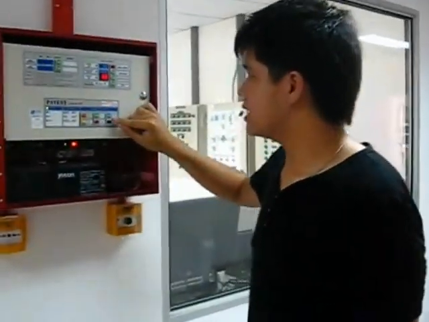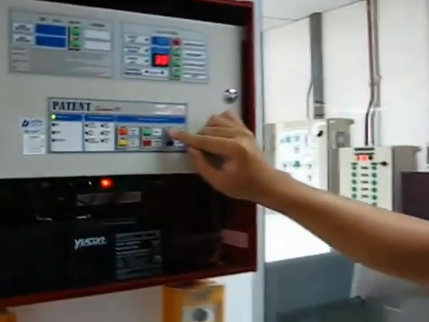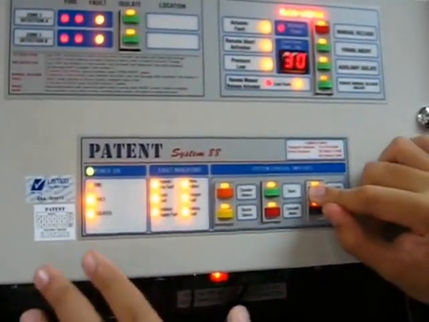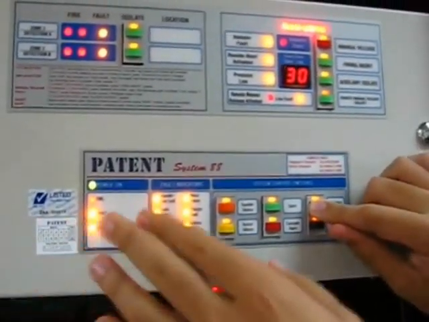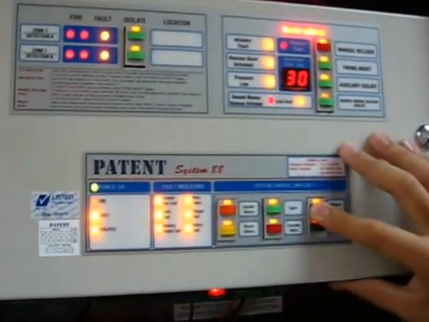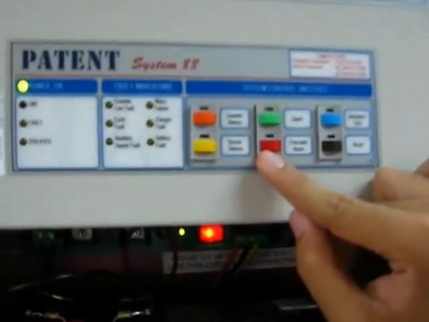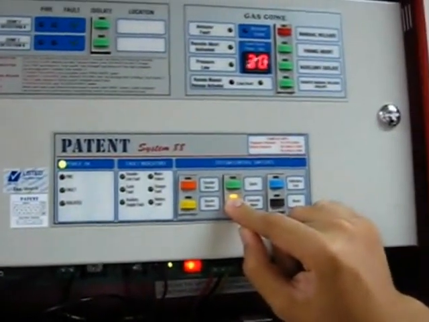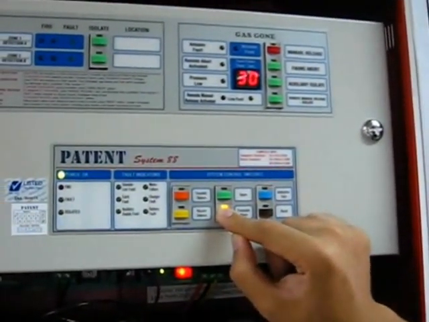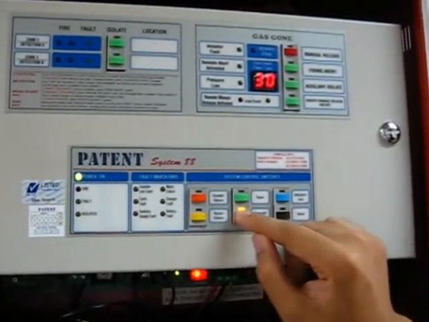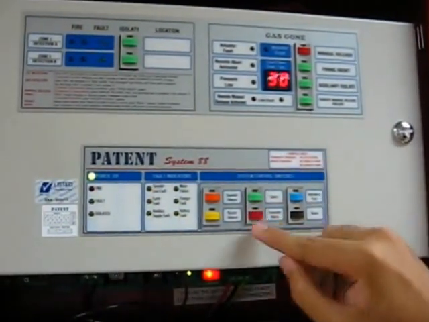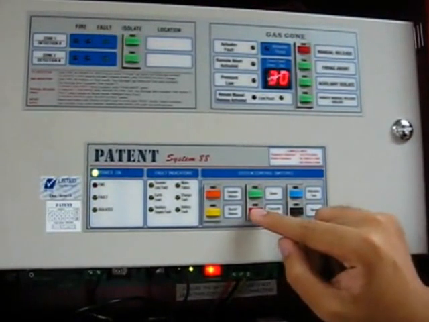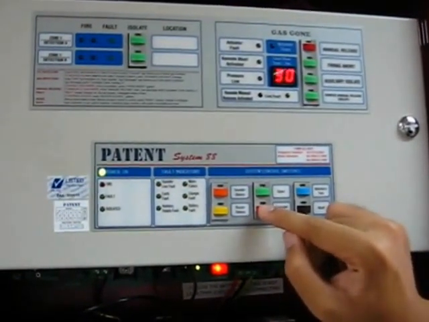Okay, here is the indicator test. This indicator test is to test that the whole system is working. Once you press this, if you see that everything here is lit up, it means the whole system is in healthy condition, as well as the buzzer. If it sounds, the whole system is working perfectly well. Next, we have this evacuate alarm. This is to check whether the alarm is working, and the maintenance person has to go to every level to check the alarm system. Another use of this alarm system is for fire drills in the building.